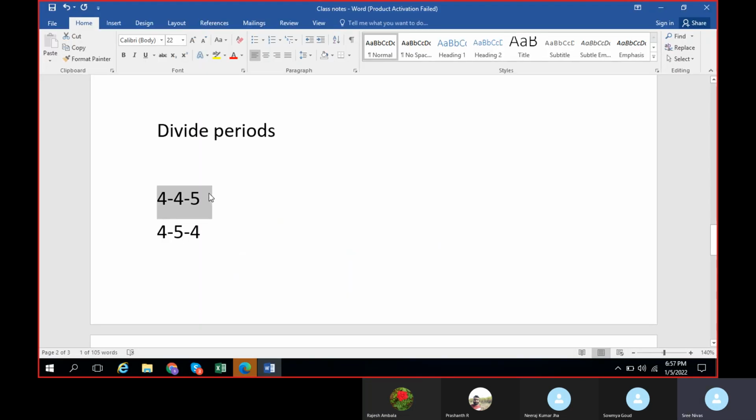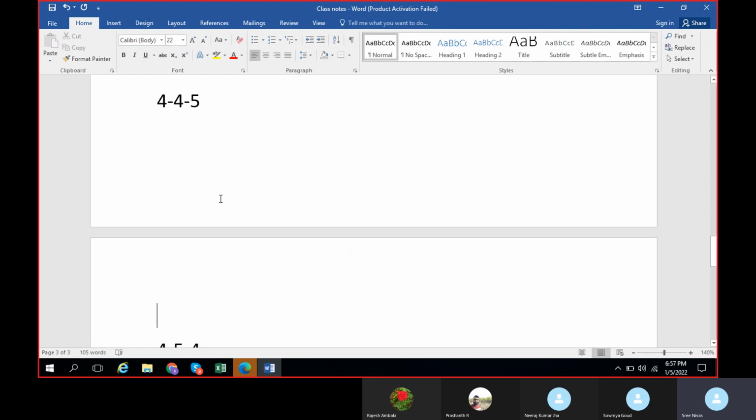We will try to create one such period as well. So let us try to create this 4/4/5 calendar. Let us assume the January month. 31 days are there, right? In case you want to make it 4 weeks, or else 4 days.